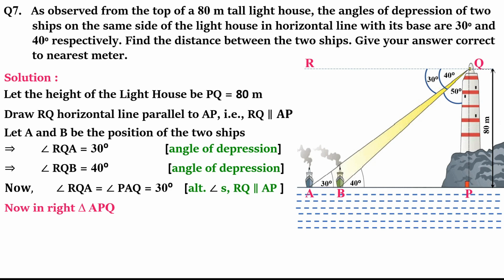So when I use triangle APQ, I will find AP, and when I use triangle BPQ, I will find BP. So if I go for tan, because perpendicular is known, PQ is 80 and base is what I have to find, naturally I will be using tan 40. Tan 40 is not a standard angle, so of course tan 40 will be a decimal number equal to 80 upon BP, and when I work for BP, it will be 80 divided by a 4-figure decimal number, and I told you earlier also we try to avoid that.